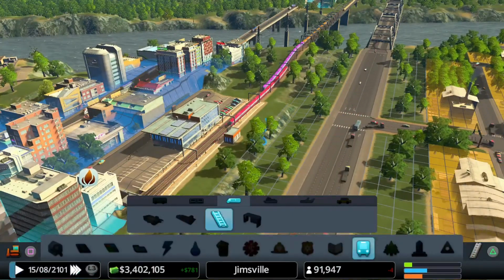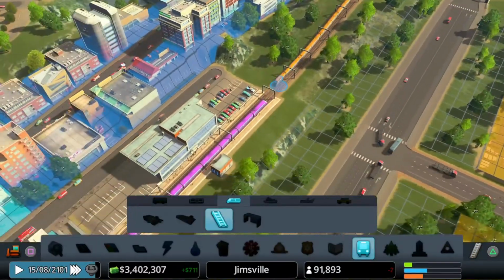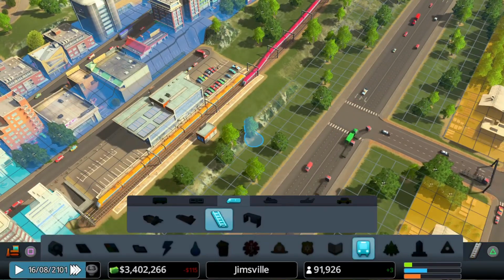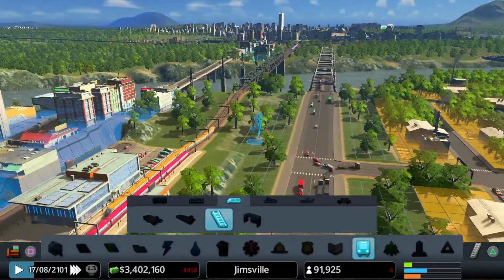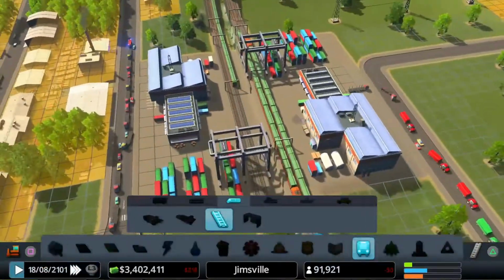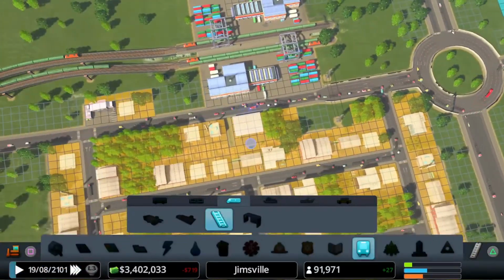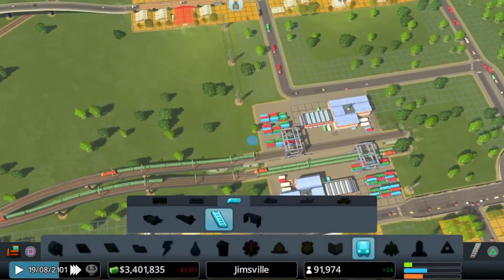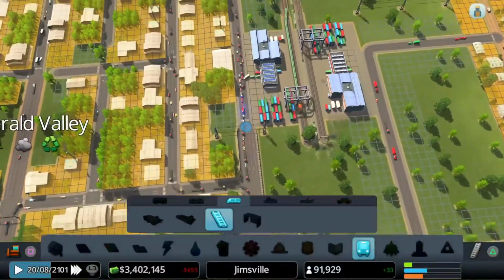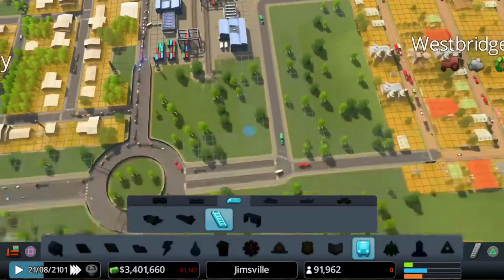So we are able to get 2 trains in at once, as you can see here. Yeah, that's coming out quite nicely. It's definitely a massive help to have these 2 different rail hubs. Wow, look at the traffic. Still a problem, but it's no longer congesting everything. It's now just congesting this little bit here, which I'm quite okay with. And, you know, this little bit's fine as well.